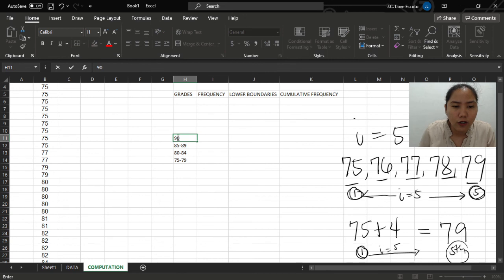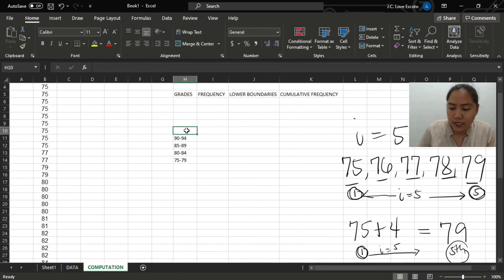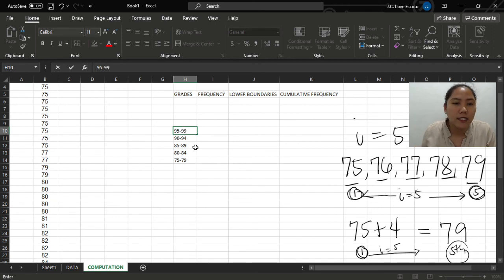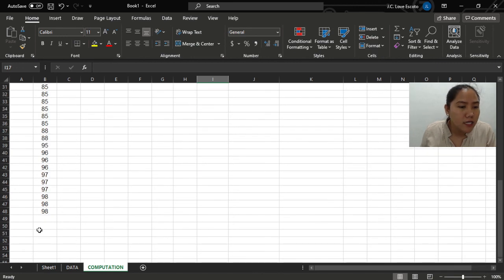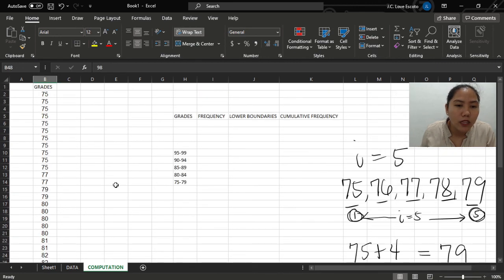So 90 to 94. What comes after 94 is 95, plus 4, so 99. Okay, now the highest grade is 98, so we will end with the interval 95 to 99, and